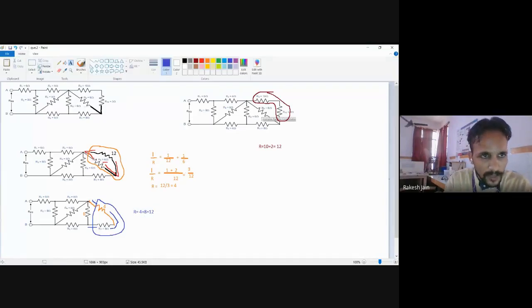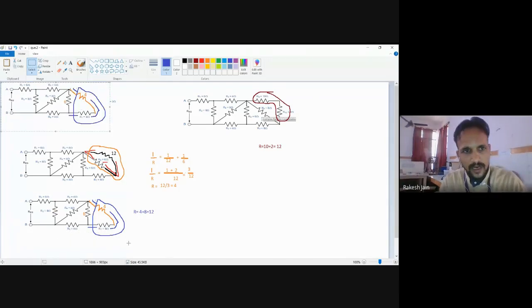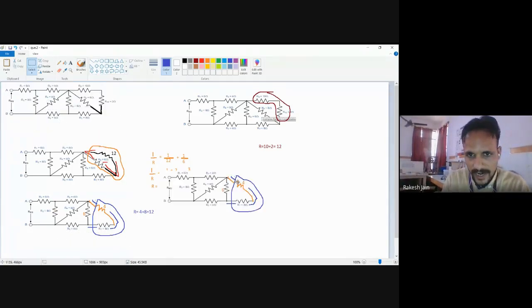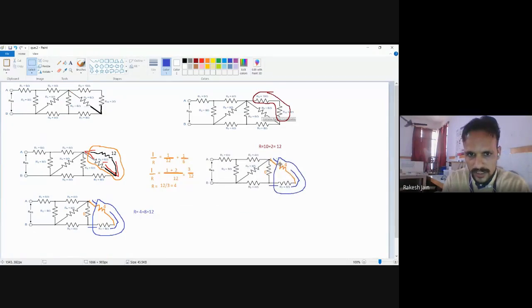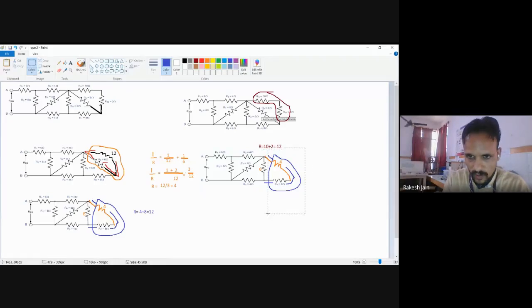Now, what will happen with the circuit? This was the previous circuit. Now this previous circuit will be completely changed such that these two resistances will be completely removed, and only a single resistance will become, which I am going to draw in green color. So see this one, only a single resistance will become.